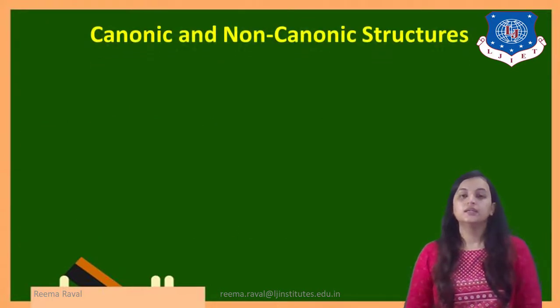Now, next is canonic and non-canonic structure. What is the difference between canonic and non-canonic structure? Whenever the order of the system function is equal to the number of delay blocks in the system function or block diagram representation, that structure is referred to as the canonic structure. On the other side, whenever the number of delay elements is different from the order of the system function, it is called the non-canonic structure.